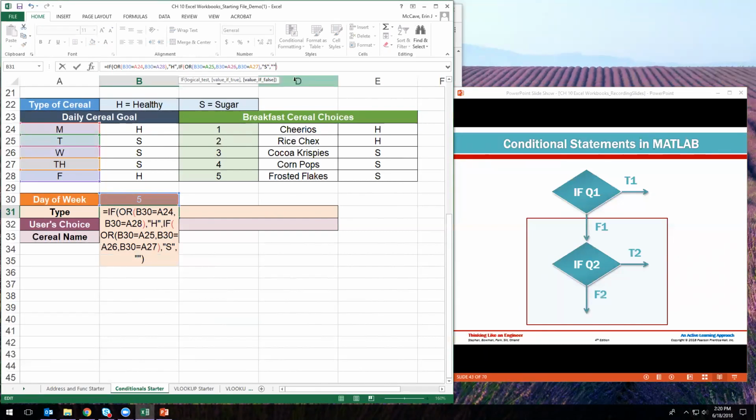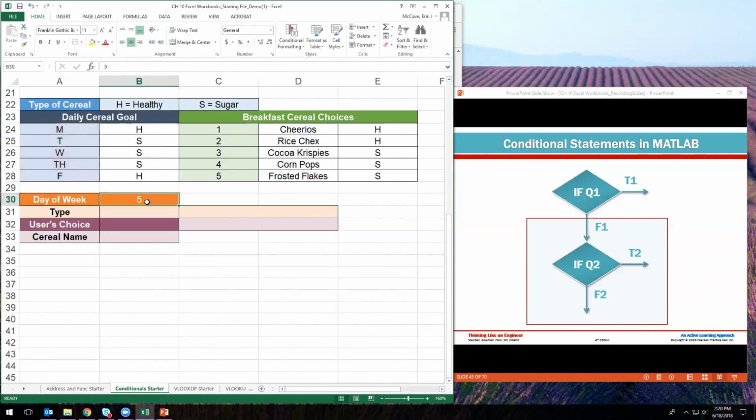And I want everything else to show up as a blank cell. So I'm going to add the double quotations indicating a blank cell. And then I'm going to close out my second if statement, close out my first if statement,